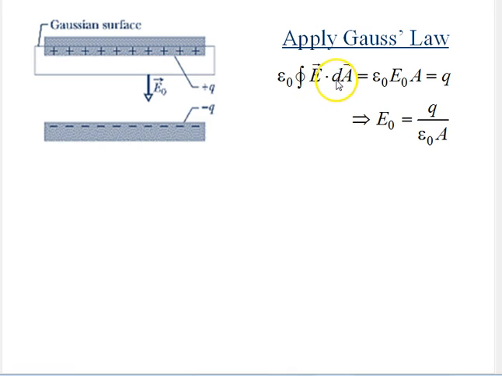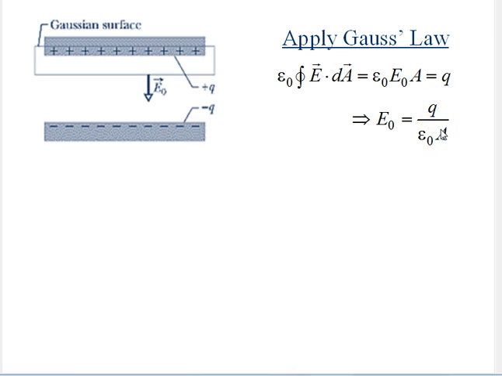The dot product yields a cosine of 0, since the electric field will be perpendicular to the surface of the conductor. We've enclosed the entire area. Additionally, we're assuming that the electric field is uniform. We're neglecting those fringing effects of the electric field at the corners. So that's equal to our charge, whatever is enclosed in our surface there. That's the charge on our capacitor. So we get that our electric field is Q divided by epsilon naught A,